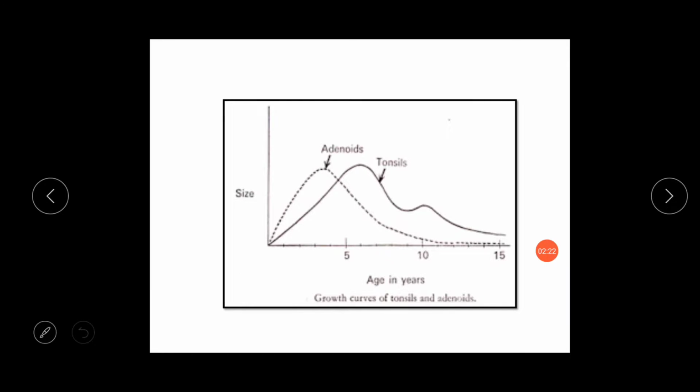In this diagram you can see the overall growth chart of the adenoid, that is the nasopharyngeal tonsil, and the palatine tonsil, which is present in the oropharynx between the pillars. Adenoids usually enlarge mainly between 4 and 7 years of age, whereas tonsils attain their maximum size between 5 and 10 years of age. Adenoids start regression earlier than the tonsil and decrease in size between 13 and 14 years of age, and after 20 years of age they completely regress from the nasopharyngeal area.